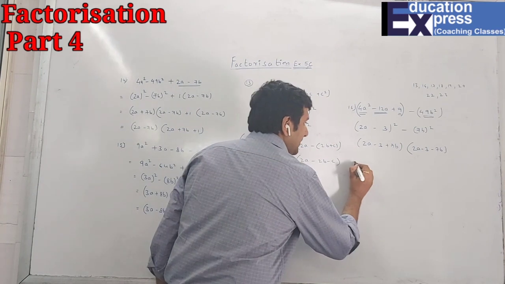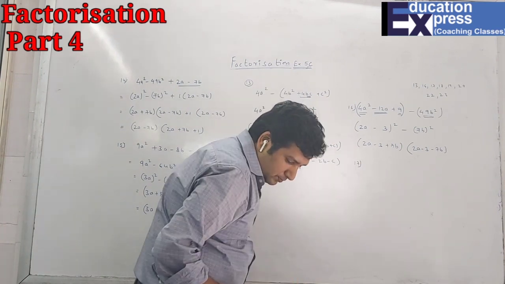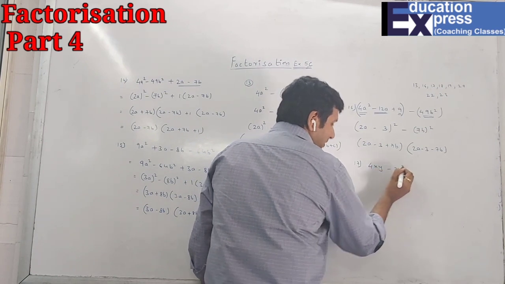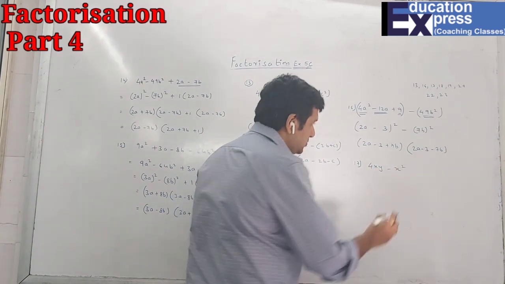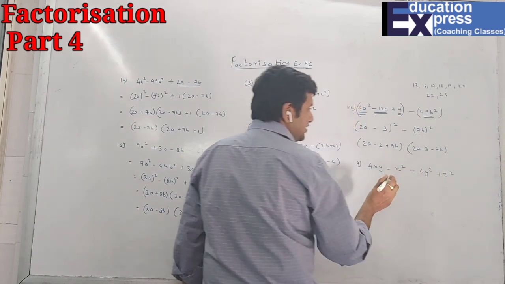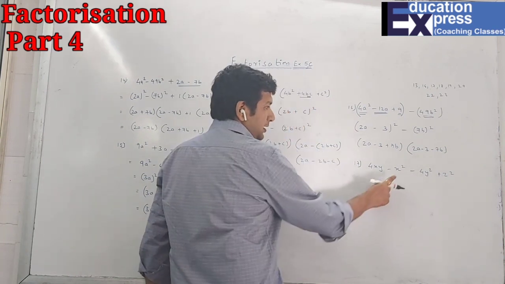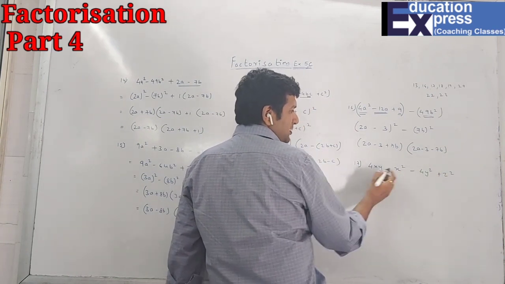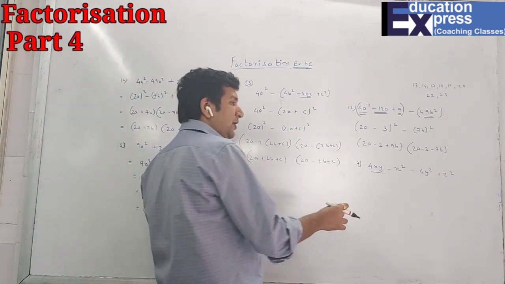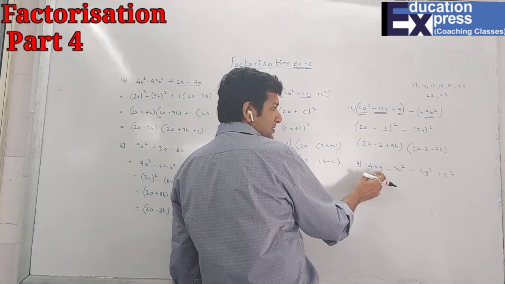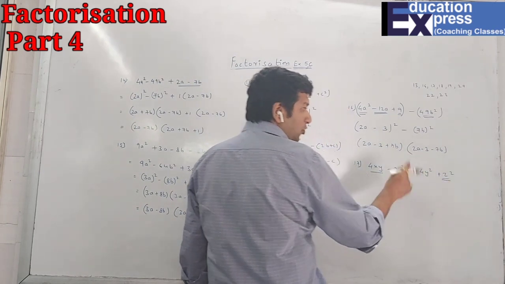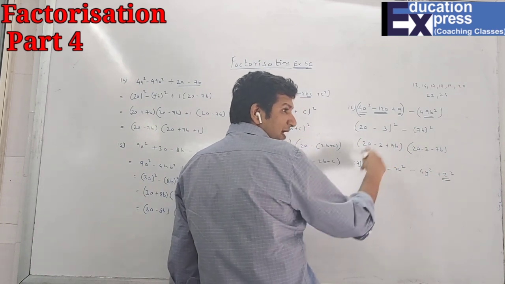17th. 4xy minus x square minus 4y square plus z square. Now students, can you all see over here, everyone? This number has a square, this number has a square, this number has a square, this number doesn't have a square. That means the variables associated, x and y, will all come in one group. That means this number, x and y. And the number which will not come in this group is z, which is positive. I have told you always the positive will come first and then the negative.